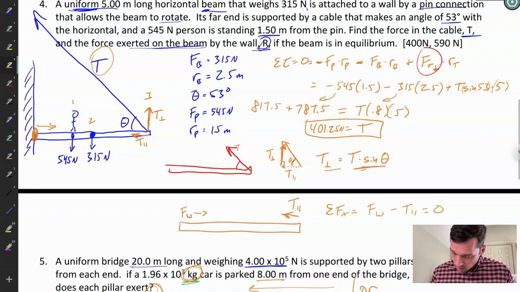So the force of the wall is going to equal the tension in the parallel direction, which is going to be the tension times cosine of theta. And so the force of the wall is going to equal 400 times cosine of 53 degrees, which is going to be 0.6 times